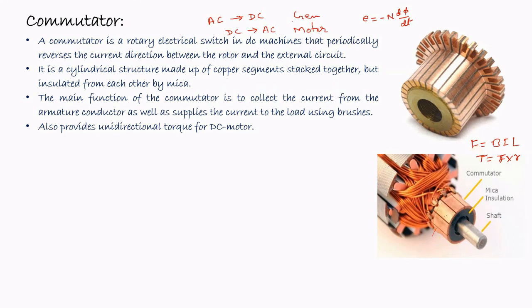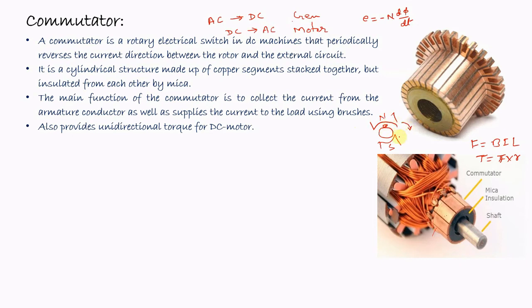its polarity after each magnetic pole comes, then the force as well as the torque will not be unidirectional. Therefore, let's say this is the north pole and this is the south pole, and here is the armature, and let's say this is one conductor, and here the current is, let's say, the dot current. So when it is operating as a motor, the current in the armature winding is dot under the north pole. So according to Fleming's left-hand rule, we can find the direction of the force, and it will be in